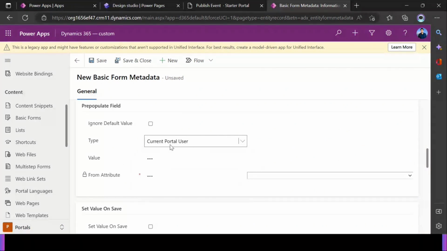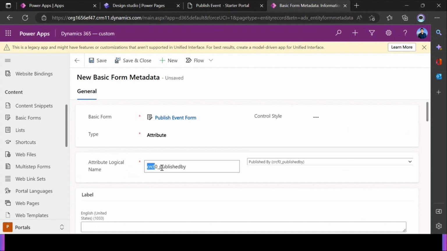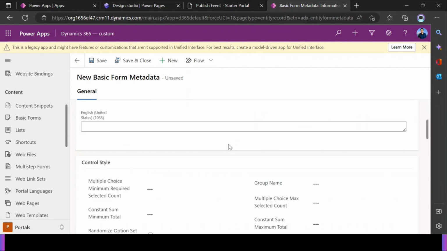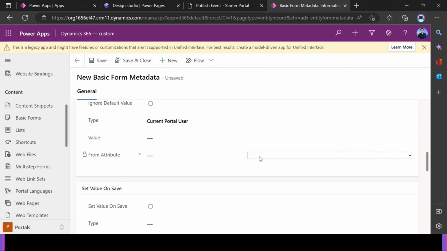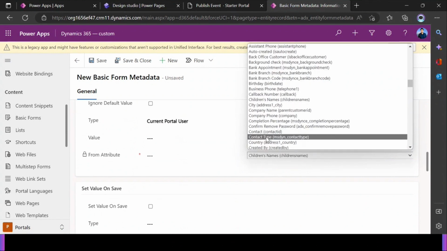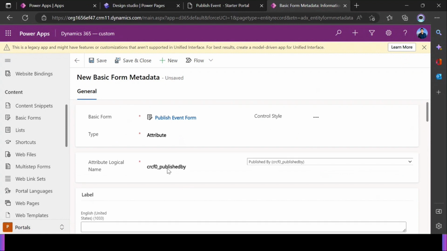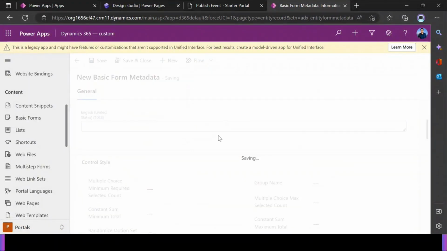So I'll choose this, and what attributes I want to auto populate in this published by attribute, I can choose from here. So I want to choose the contact ID. That is the unique identifier that I want to map. So contact ID is basically the unique identifier of the logged in user. So I want to auto populate that in the published by attribute. Okay, so I'll just save and close this